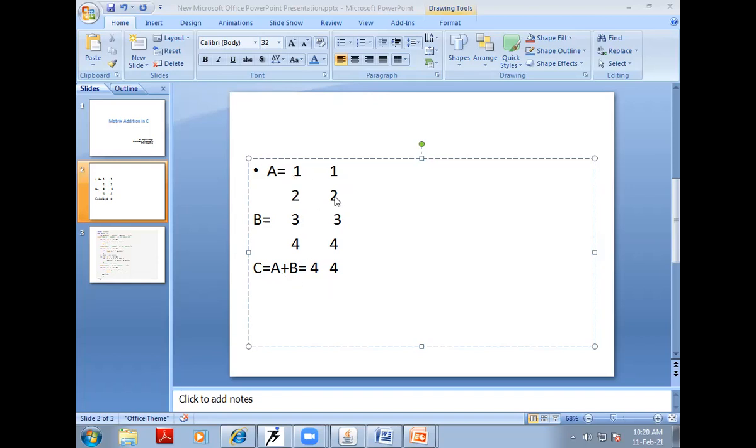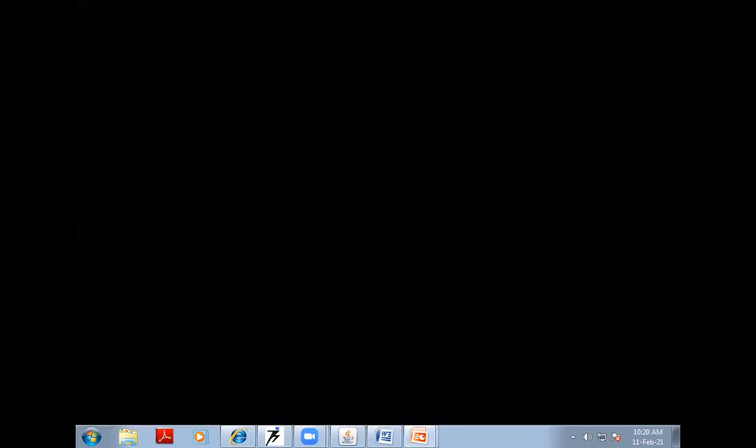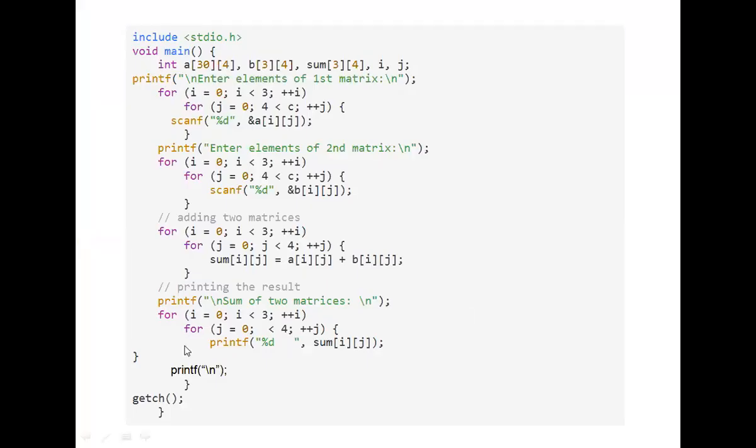So given the background of matrix addition, let us move to the second slide here. And here's a program which I have written to demonstrate how we can add two matrices. Before adding two matrices, we have to create two matrices, and let us create these matrices as we have done earlier for the two-dimensional arrays. So in the first part of the program, let us declare three matrices. The first matrix is A.